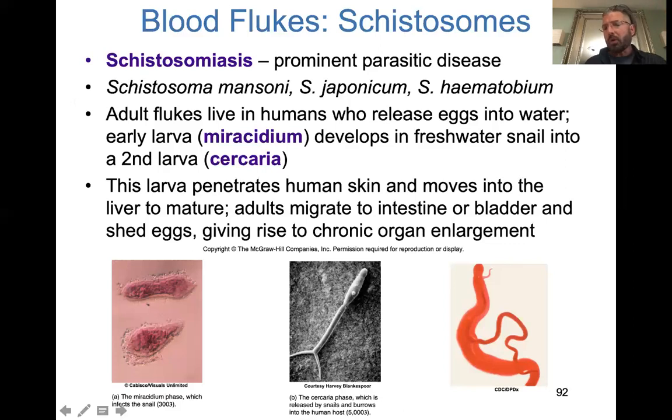So in this case, humans carry it, they excrete it, and then they're walking around either barefoot or in sandals, where the larvae would be able to penetrate the human skin. And we think, well, that's impossible. But these larvae are very, very tiny. All they do is find a small crack in your skin, and they just follow it in. They're going to migrate into your bloodstream, go to the intestines or bladder, and they shed eggs.